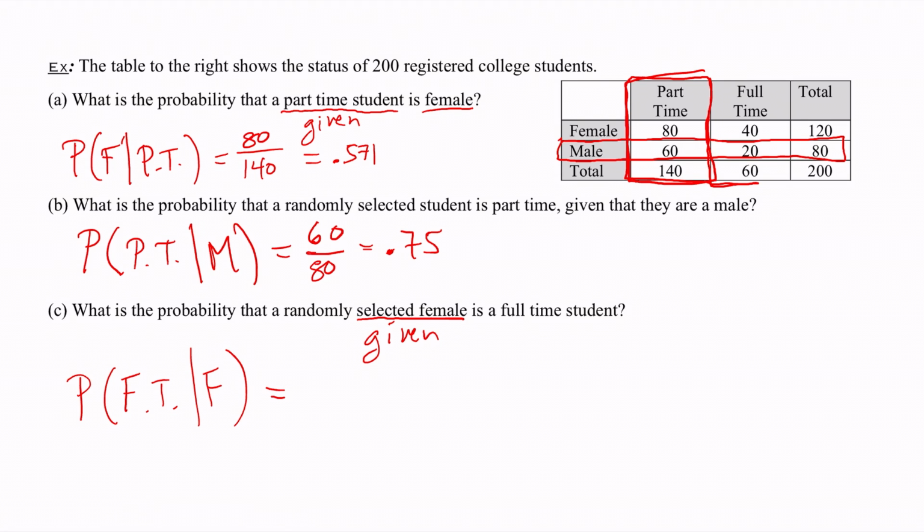For the last part, what is the probability that a randomly selected female is a full-time student? So in this case, we're given that we're selecting a female. And so that'll be our conditioning event. So that's going to be the part that's given. And we're looking at what's the probability that this female is